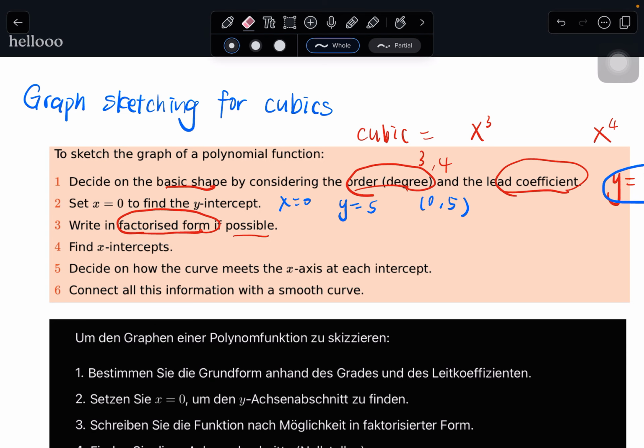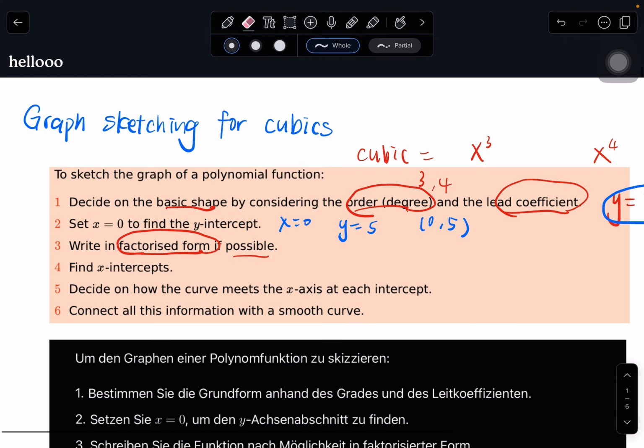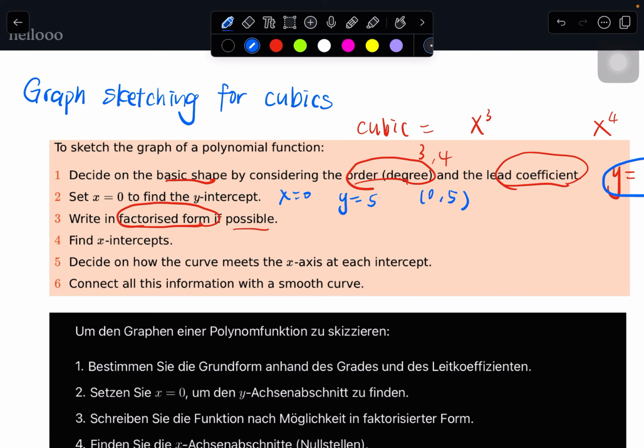And the third one is writing the factorized form if possible. I already explained what a factorized form is, so I'm not going to explain it again. And the fourth step is to find the x-intercepts. So how can we find the x-intercepts? For example, we already have a factorized form like (x minus 1)(x plus 2)(x minus 2). So what about these numbers? About the x-intercepts